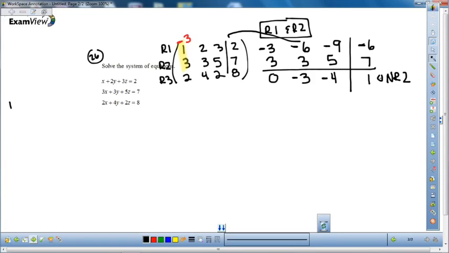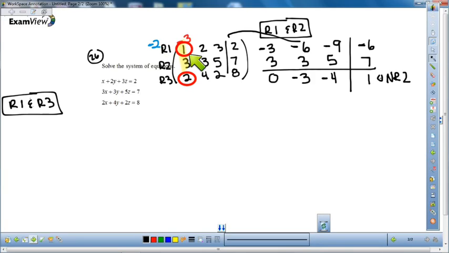So now I'm going to have row 1 and row 3. So now I want to make, when I add these, I want to make those into 0. So that means that I need to multiply the top equation by a negative 2. So I'm going to have